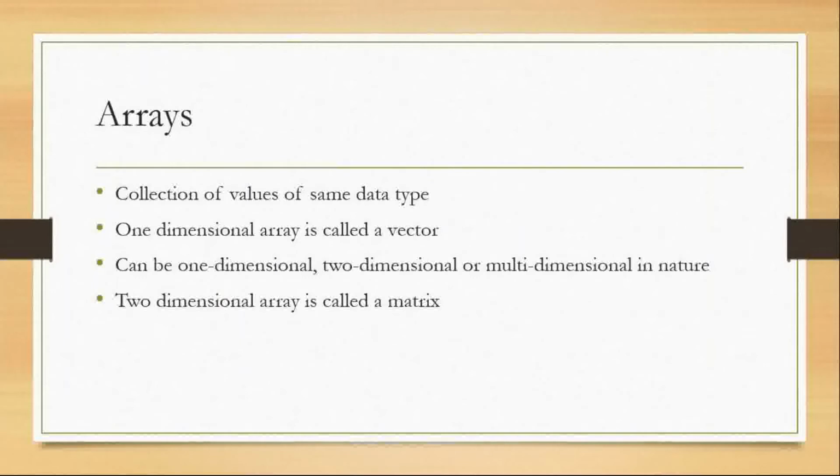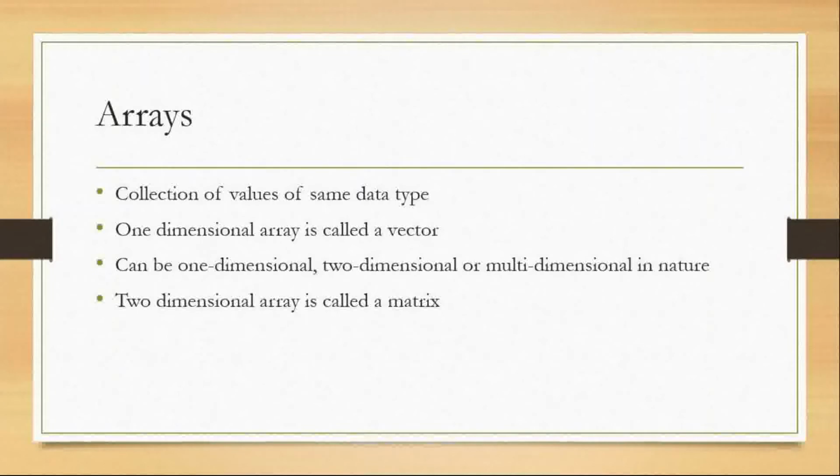Now let's move on to the next data structure, which is arrays. We have already seen vectors, and I said that vectors are a special case of array. That is, a vector is a one-dimensional array. So the properties of arrays are the same as that of vectors. That is, it is a collection of values of the same data type. It can hold any number of values, and values in a particular position can be selected and operations can be